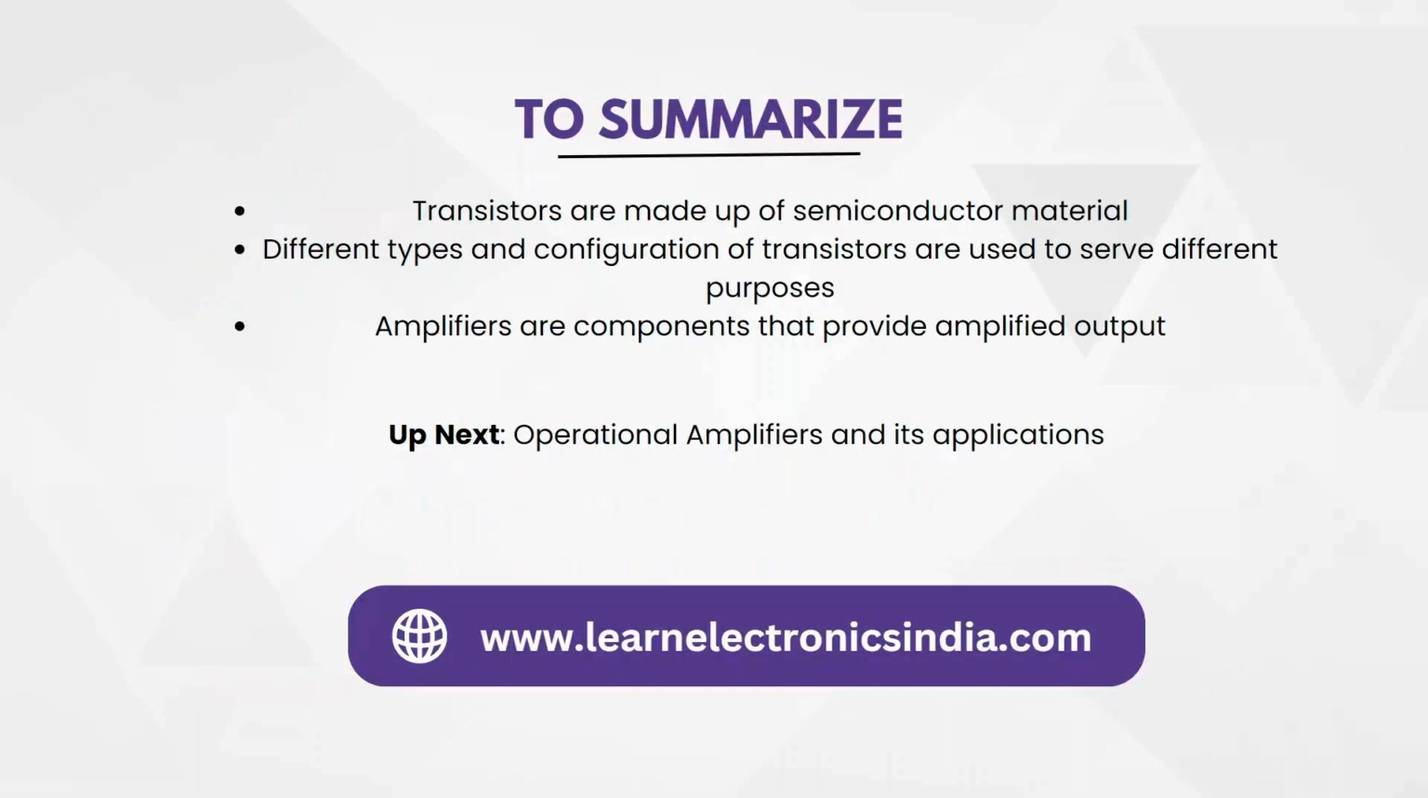With that, we come to an end of this video where we studied how transistors are made, the different types and the different configurations in the transistor, and how each of those configurations or types serves a different purpose. After that, as an application, we also learned about amplifiers and the different types of amplifiers. After this, we will be studying operational amplifiers and their application. So like we were discussing, operational amplifiers are a different kind of amplifiers and a vast topic of study. So in the next video, we will be learning about